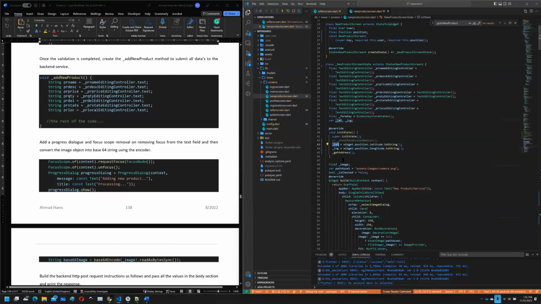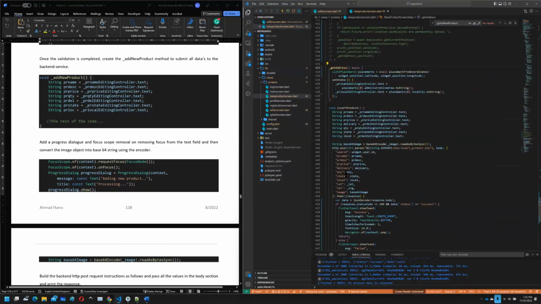because we want to have this information and pass it to the server. However, we didn't retrieve the location, but since we already have the LatLng information, we can just use the getAddress method down here. And this is basically just the same information that we have retrieved before, which allows us to pass the latitude and longitude information to the placemark here, and it will basically retrieve the placemark for administrative area and also locality,